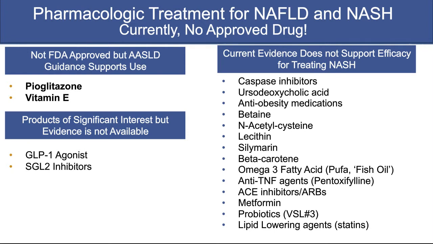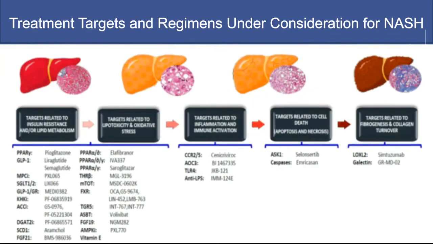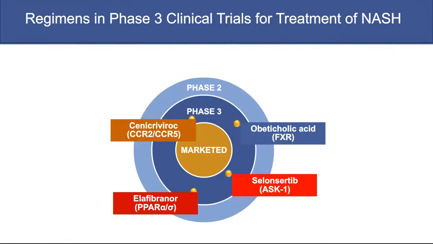Now, there are a large number of agents that are being tested to treat NASH in clinical trials. This is actually not a complete list, but as you can see, the different targets with different agents, and most of these are in phase 2. A few of them have actually gone on to phase 3 clinical trials. The agents in phase 3 clinical trials are cenicriviroc, which actually was